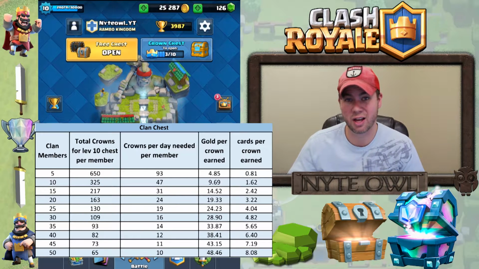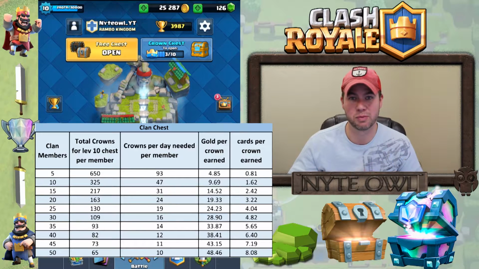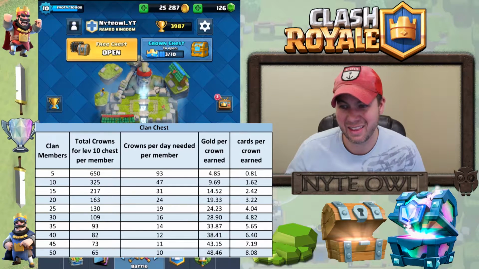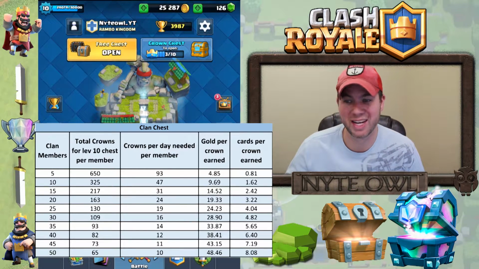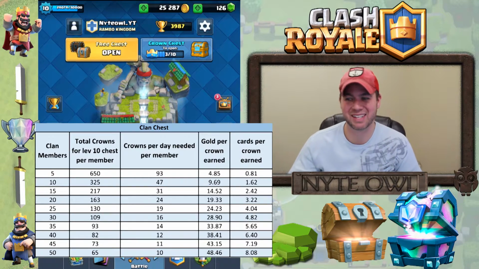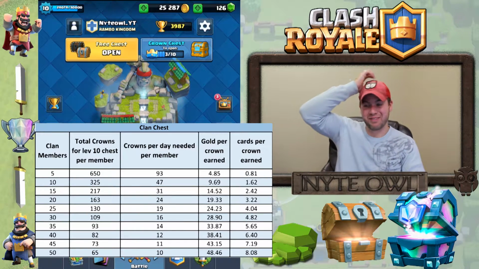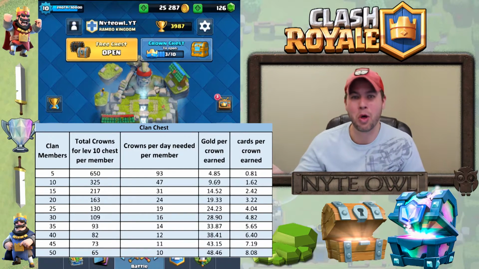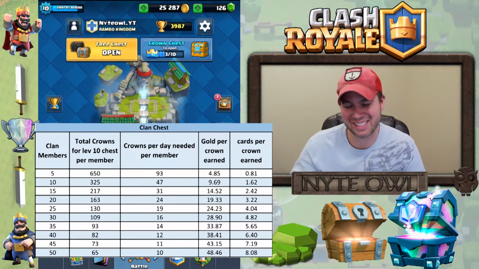And I think you're going to see a lot more full clans, because it doesn't make sense to have a 5-member clan. They have to grind out 650 crowns per 7-day period in order to get the max reward. And you can see the benefit isn't that great. They get basically, it looks like, not even a whole card per crown that they did,